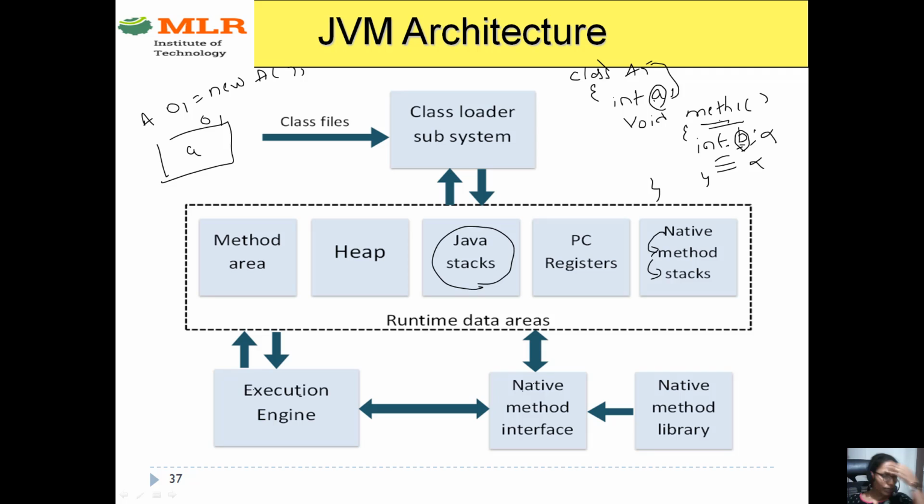So we know native methods in the sense like we are using any methods which are available in another language. That means they are not directly available in your language, they are available in another language, but even though you can use them in your program. Like some of the C methods you can use in Java. So as it is not a direct Java method, you can call them native methods. So that is about native methods. So this is about JVM architecture.